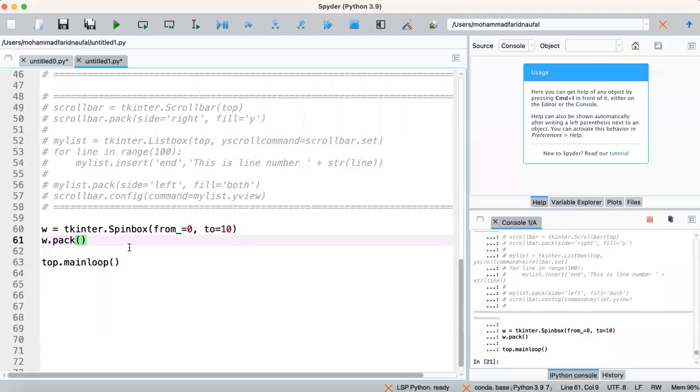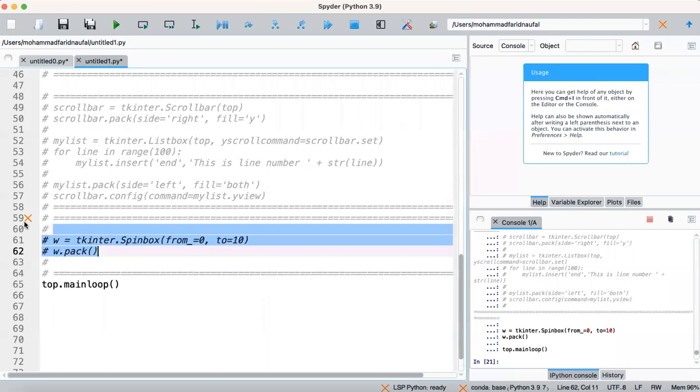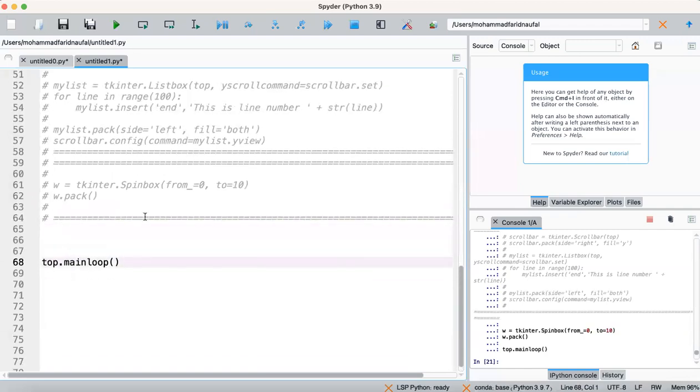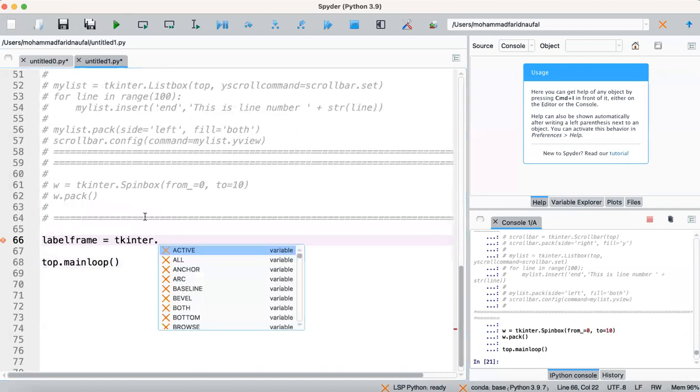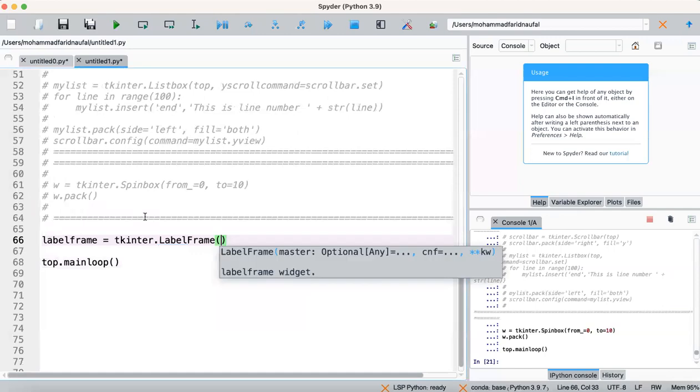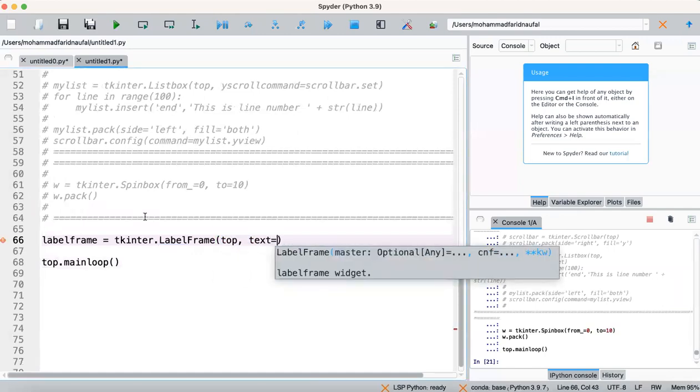Okay, we can just try it directly in our code here. So we comment our previous code. Then we call the label frame. We create a label frame variable equal tkinter.LabelFrame, with top, and the text equal to "This is a label frame".